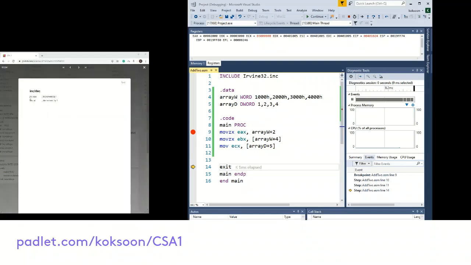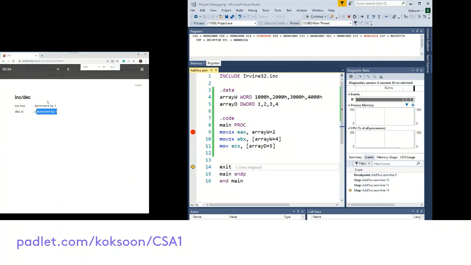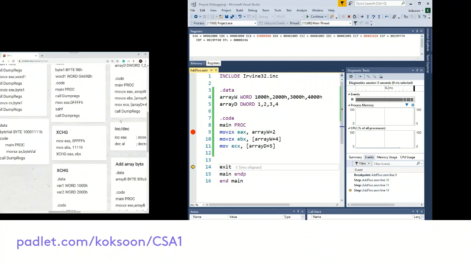Okay, so increment and decrement is very simple. When using increment, you put the operand and it will increment by 1. Decrement is the same thing, it will decrease the number by 1. So it's quite straightforward. Okay, increment and decrement. Okay, the next one we want to look into is